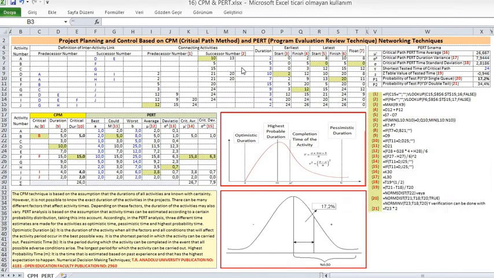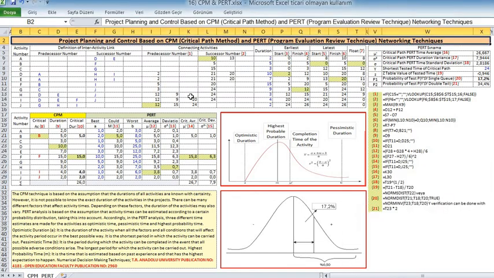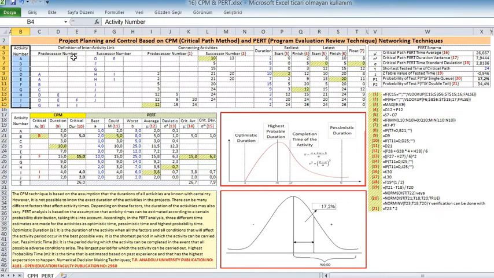Project planning and control based on CPM, critical path method, and PERT, program evaluation review technique, networking techniques. Definition of CPM. Critical path method, CPM, is a method used in project planning, generally for project scheduling for the on-time completion of